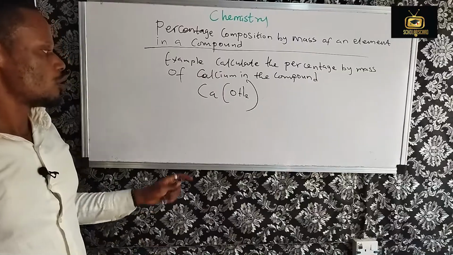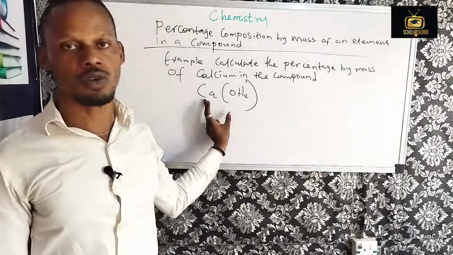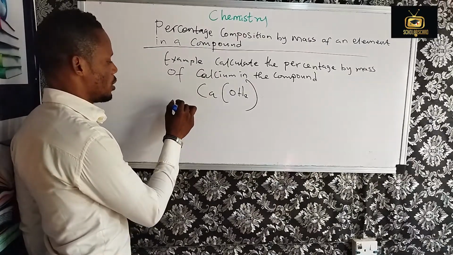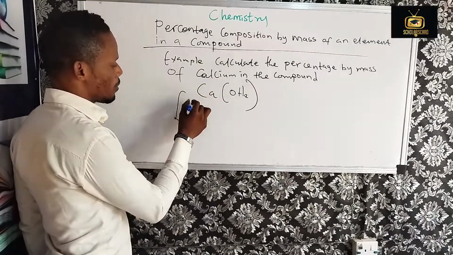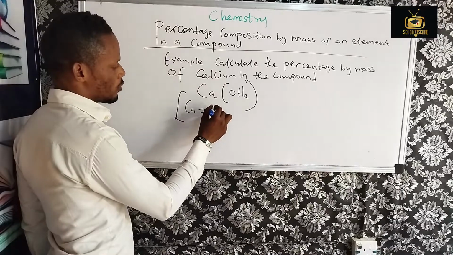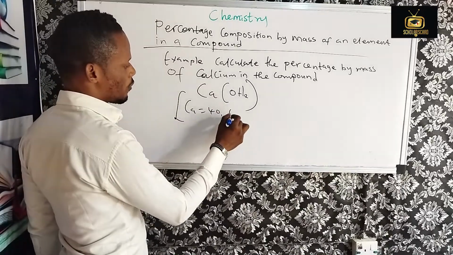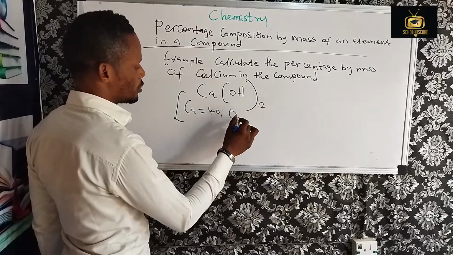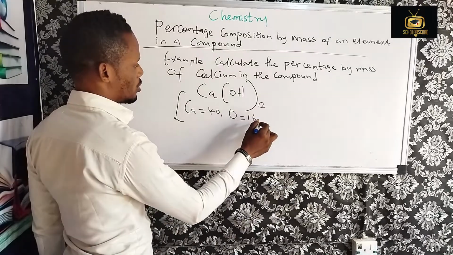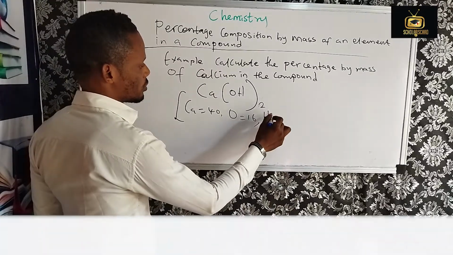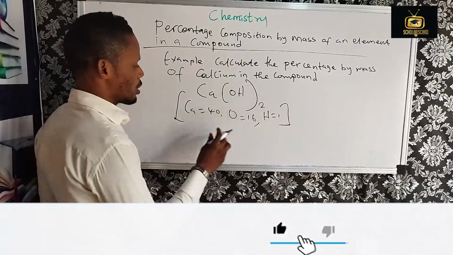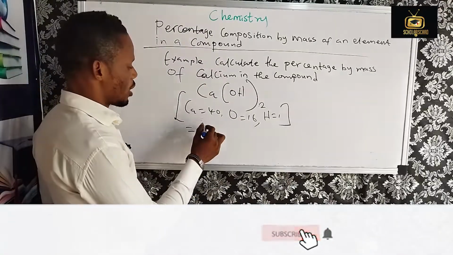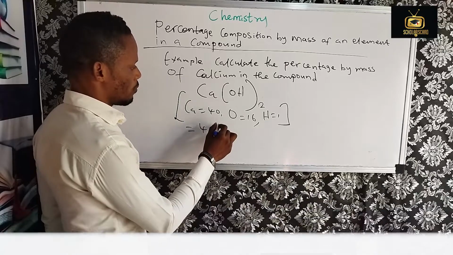At first, you have to calculate the relative atomic mass of the compound. Of course, we have done that before. Let's do it. The mass of calcium is given as 40. Mass of oxygen, 16. Mass of hydrogen, 1. These are the relative atomic masses of the elements. Therefore, we can say calcium, which is 40, plus